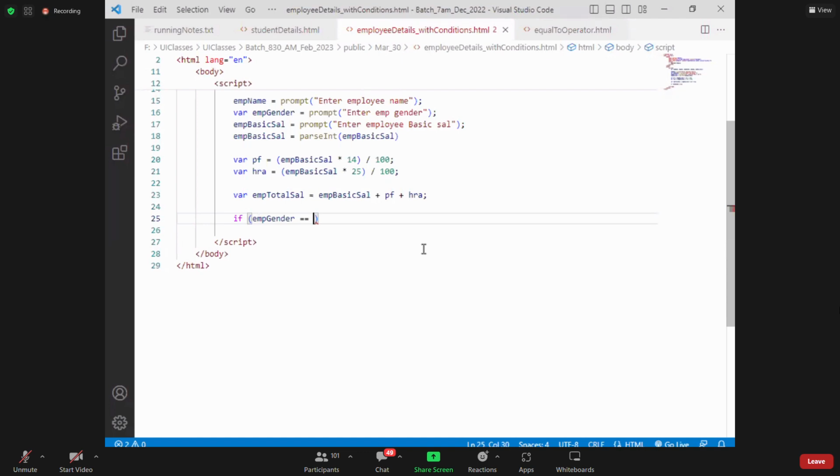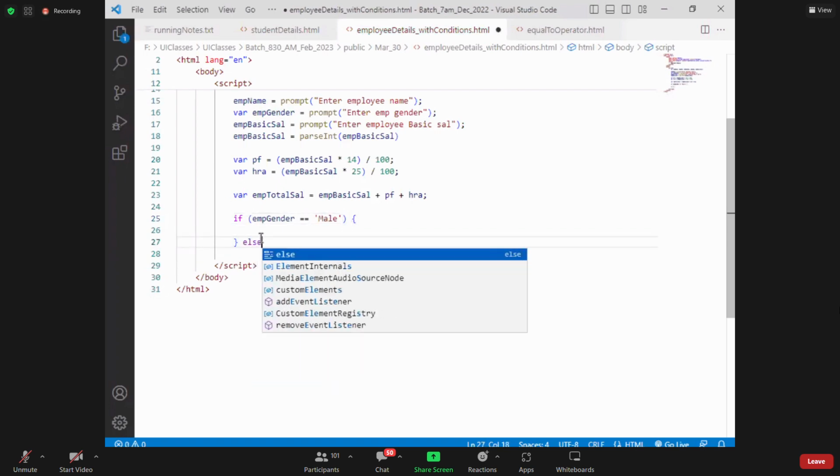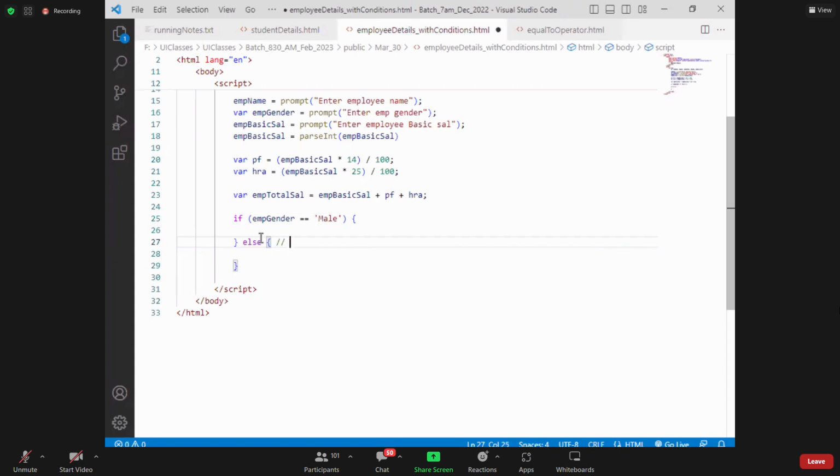Fine. Now, when I'm coming to this employee gender, am I comparing or am I assigning? Comparing. Do I need to go with single equal to or double equal to? Double equal to. Now, I'm checking that if it is male, you need to do something. Now, what you are doing is, I'm checking for male and the salary is 5 lakhs. Again, I'm checking for male, is the salary 40. Instead of this, why don't you check that if the employee gender is male, else it is automatically going with